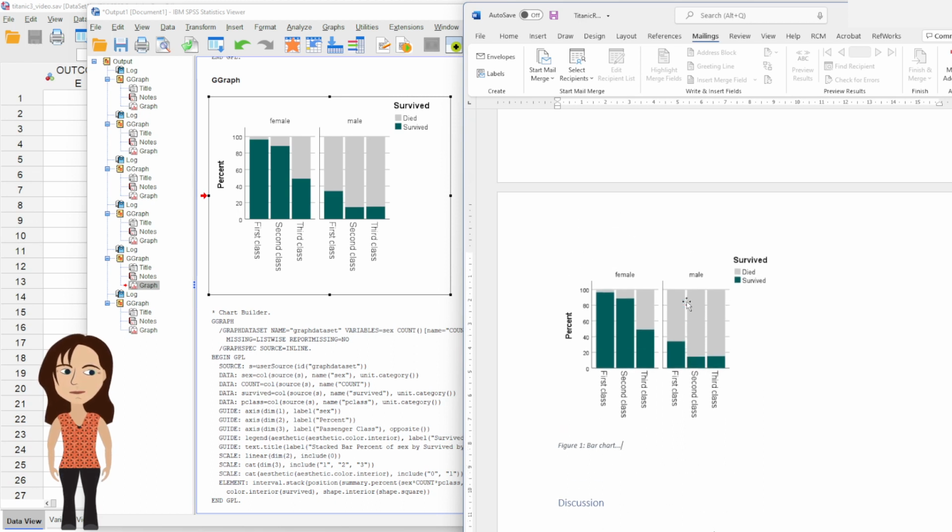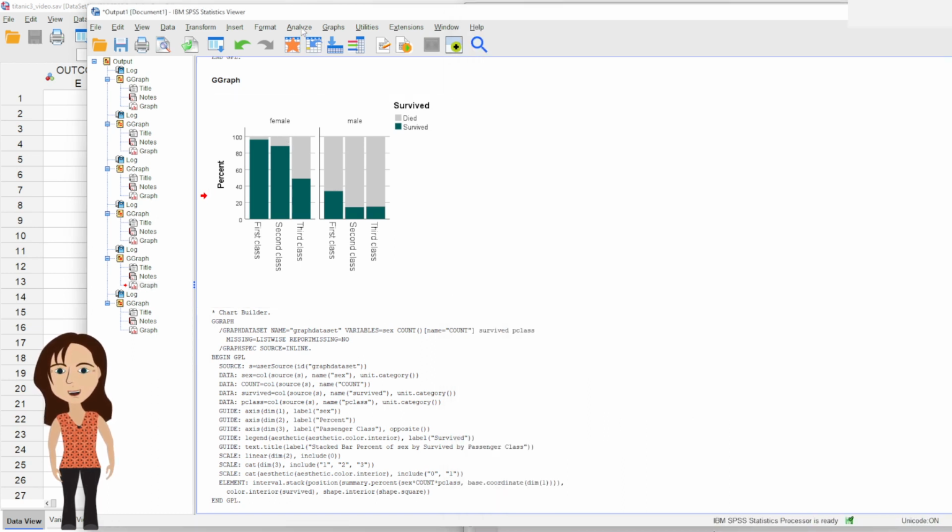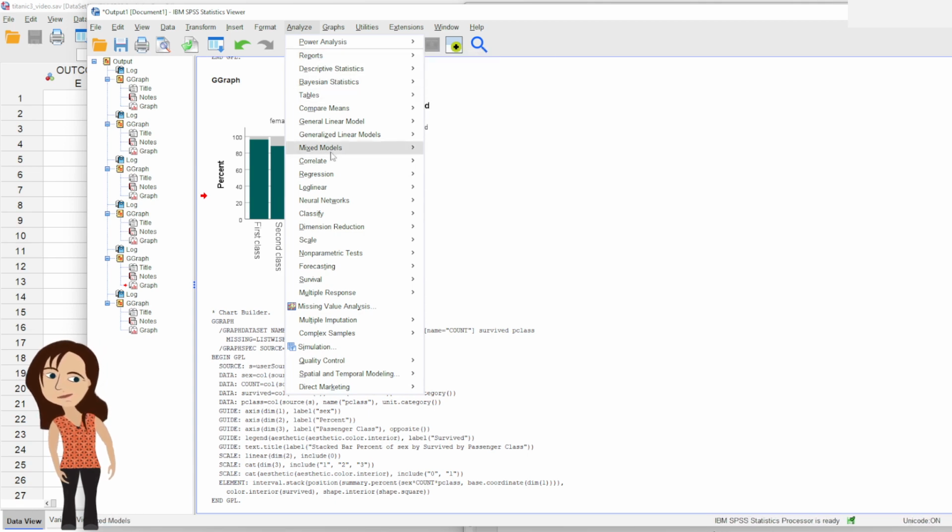Now this won't be enough. This illustrates what's going on, and this would be great for a presentation or a poster, but we kind of also need to show what the odds ratios are and the p-values. So for that, we will have to run the logistic regression. So if I run the logistic regression,